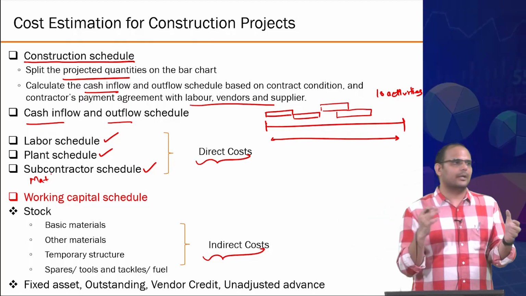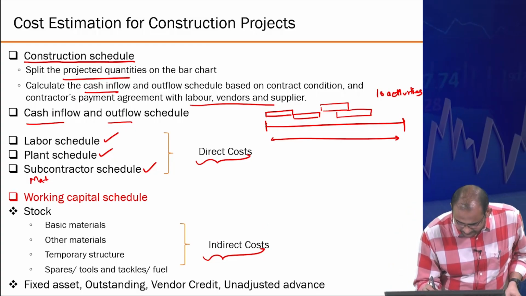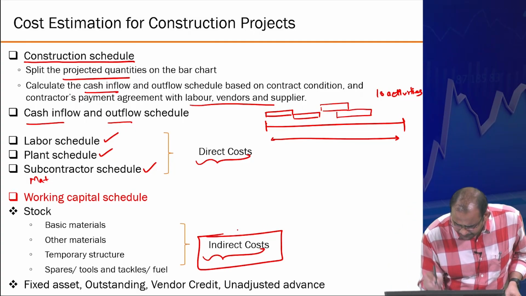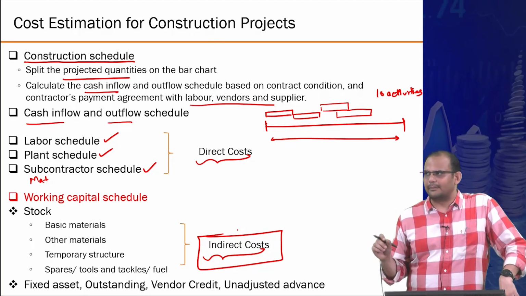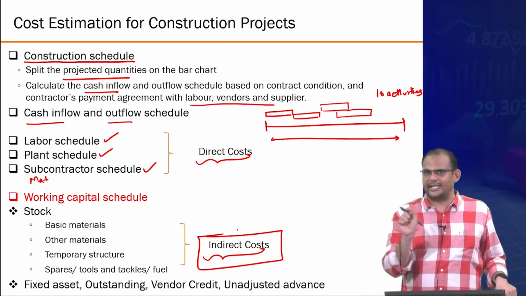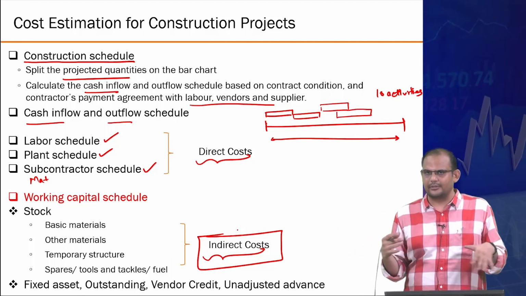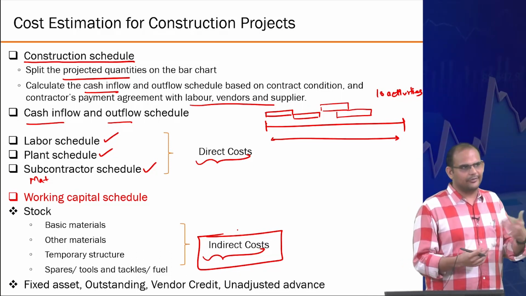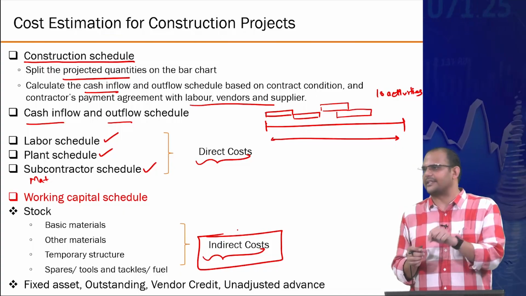So there's a one-to-one mapping, and therefore these are called direct cost. But then there are indirect cost. These costs are costs which you cannot pinpoint as happening to a single activity or a specific activity. These are collectively being accrued and you need to have them. Without them you can't function, but you cannot really attribute them to a specific activity.